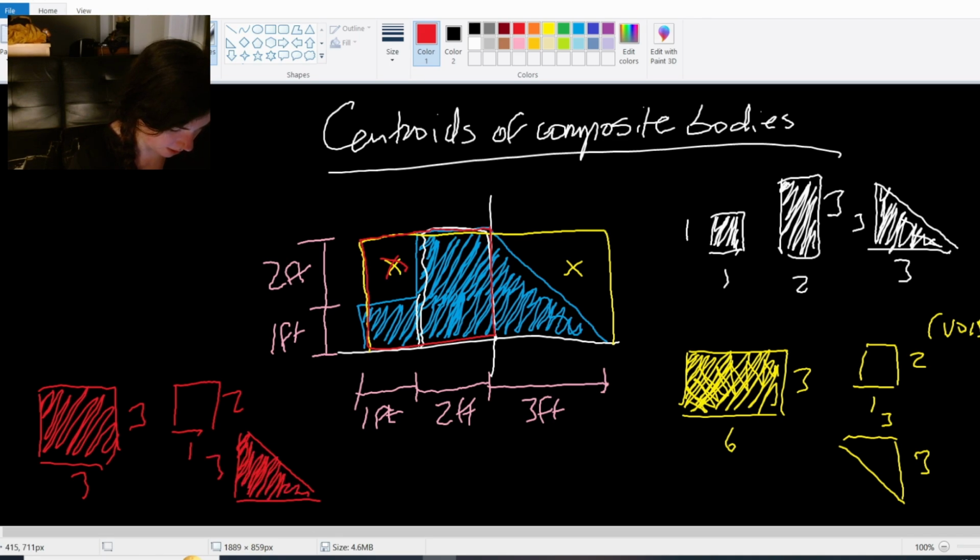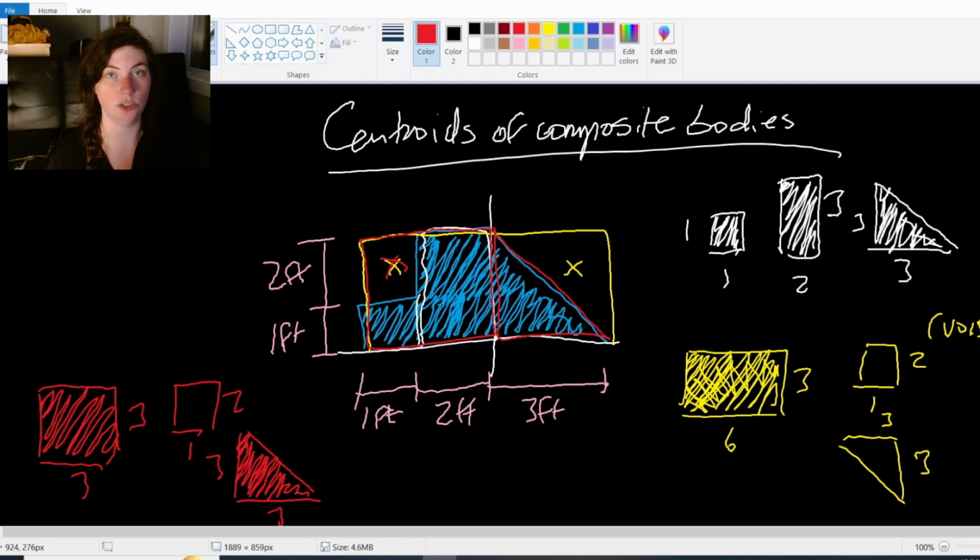Adding this 3 by 3 triangle that's over here. So there are multiple ways that you can break down these shapes to get your centroids. All of these should get you the exact same answer, just a matter of whether you're adding or subtracting things. And it can really be helpful, especially if you have something like a hole in the middle of your shape, right? So maybe